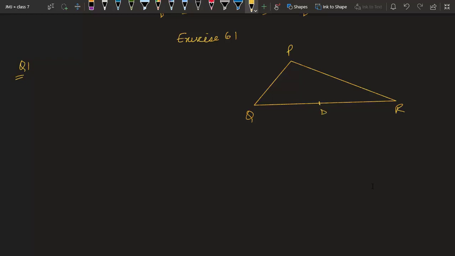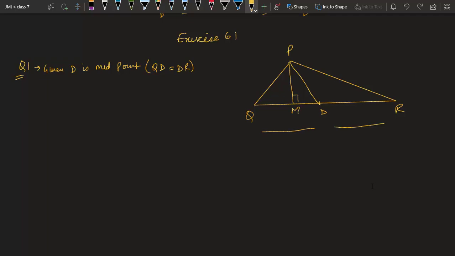Now what they are saying, given to us, D is midpoint. If D is midpoint, what do we get from this? That QD, that is this portion, and this portion is equal. This is the meaning of midpoint. Now the first part, let me draw the complete diagram. They have joined this PD like this, and then they have drawn one more thing, one perpendicular like this, and the name is PM.